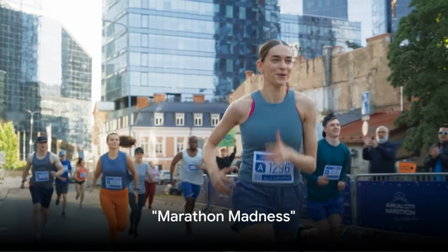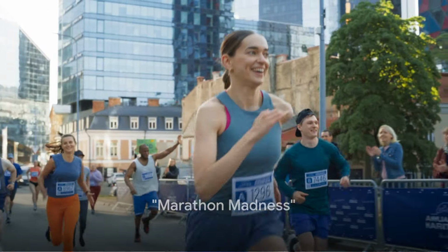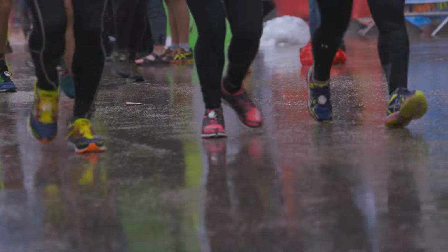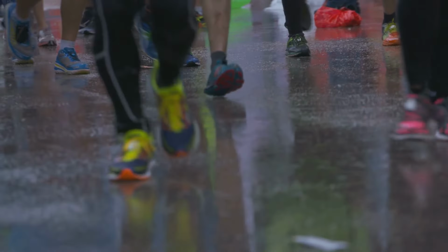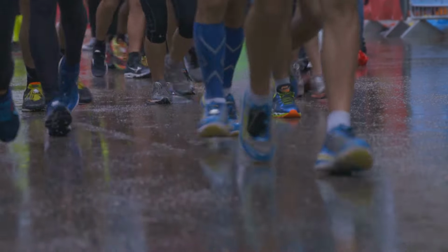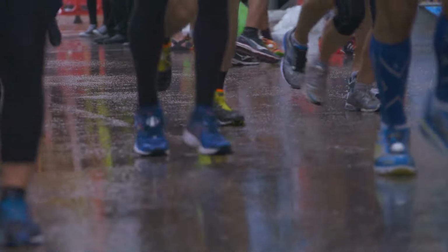Ever wondered why marathon runners look like they're participating in a high-speed conga line? It's a funny image, isn't it? But there's a lot more to marathon running than meets the eye. Marathon running is a test of endurance, a battle of wills between you and the 26.2 miles that stretch out